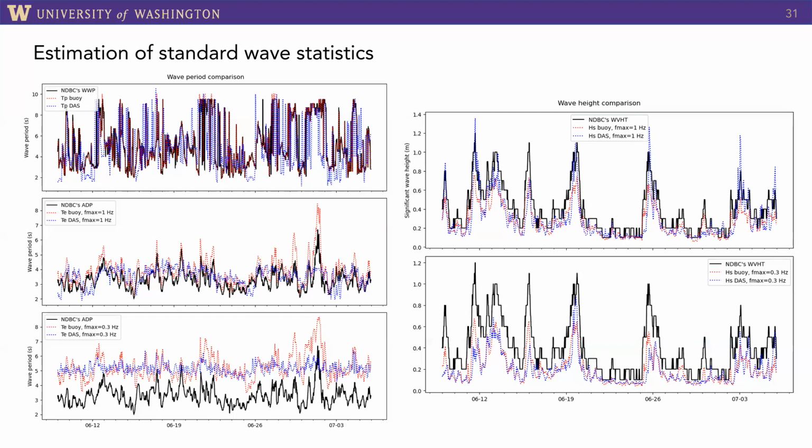Ignore the black lines. This is what NPPC reports. These are different sorts of time averaging that I wasn't able to reproduce. But the estimate in red is my estimate from the raw buoy data, and the estimate in blue is my estimate from the DAS data. And while it's not super great at estimating the average wave period, you can see that